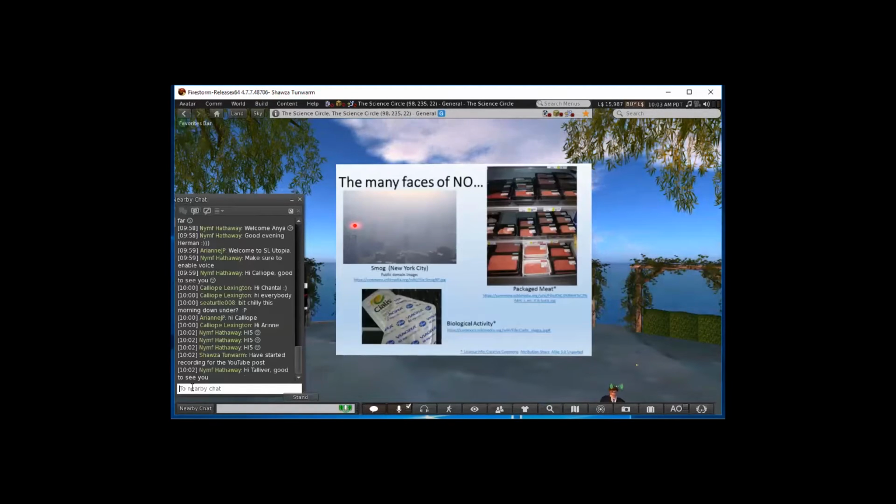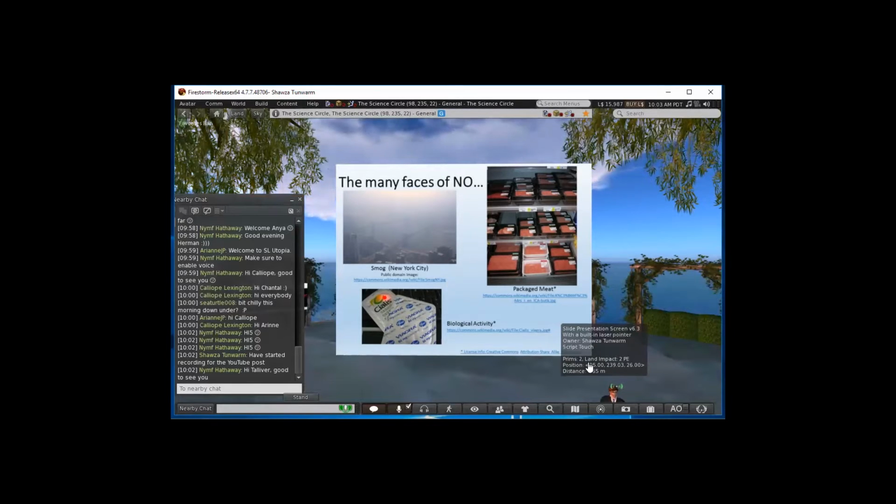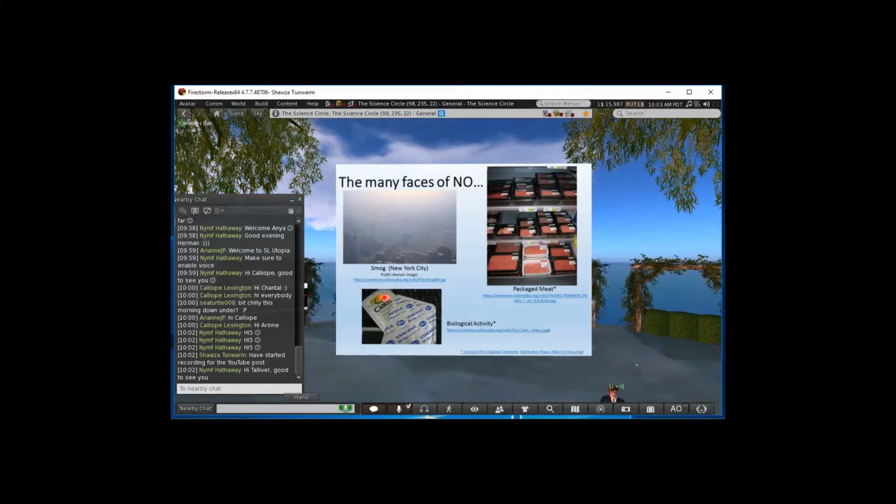Alrighty, so nitric oxide has many faces. It shows up in the air. It shows up in things that we eat. It shows up in other places. I'm going to talk about each of these things, perhaps the Cialis and Viagra a little later in the talk, after you've seen some more of the biological type chemistry. But it does show up in meats and biological systems, certainly in the atmosphere.